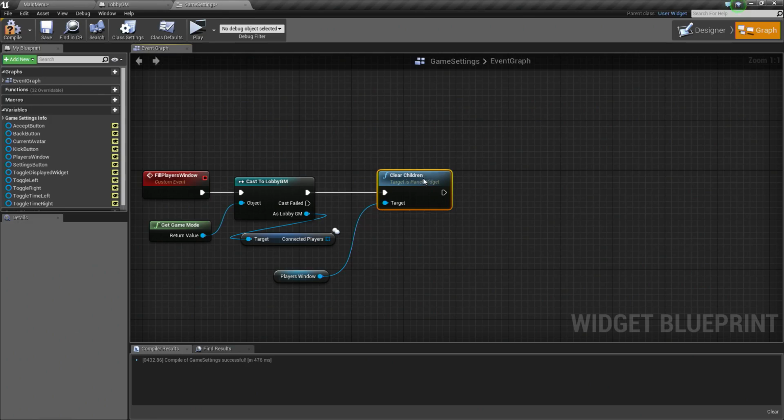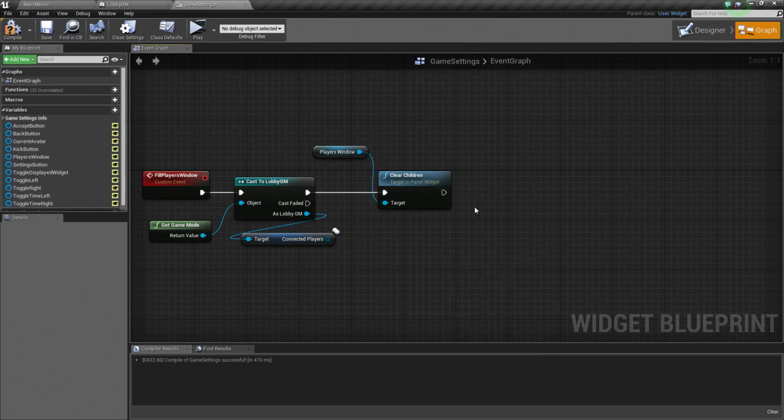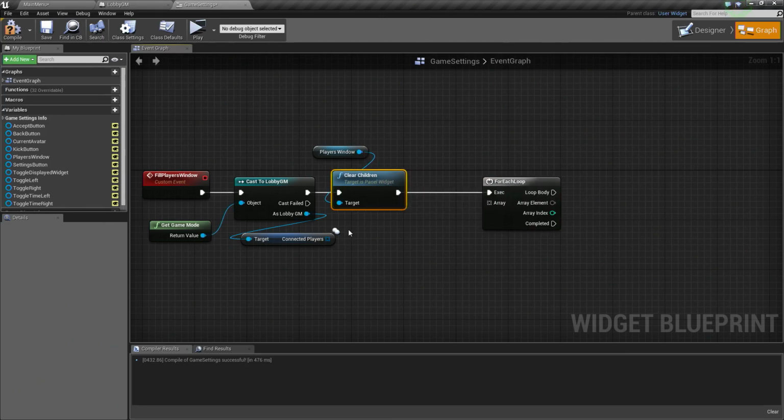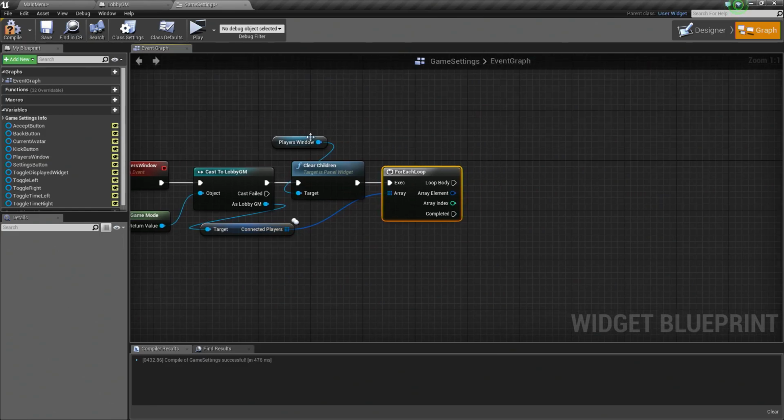Connect this up. So after we're done clearing it, we're going to run a for each loop. So for each of our connected players, we're going to do that. So let's hold F, left click, pick this up, move that over, and plug this into there. So for each of our connected players, we're now going to add a player button, essentially, to our players window